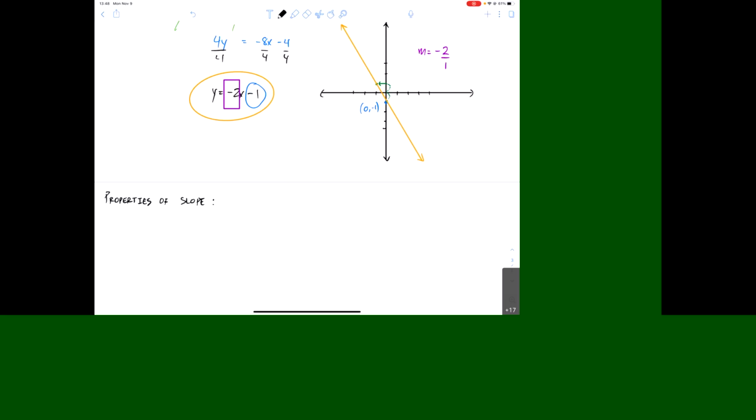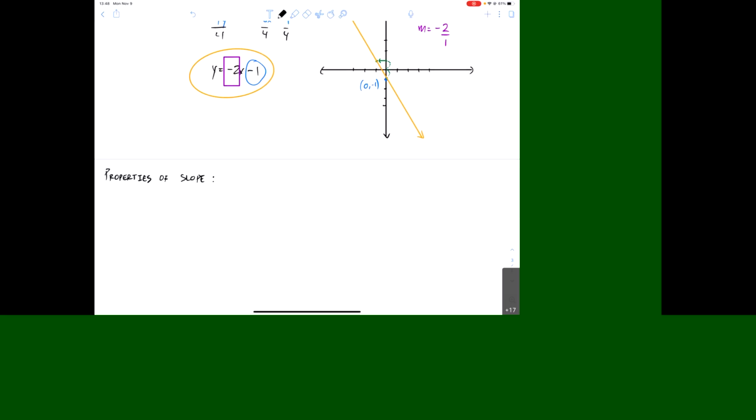If you haven't noticed already, if you have a positive slope, if m is positive, now instead of me writing it out like that, some people write it like this, if m is greater than 0, right? We can start getting more mathy, if you will, in terms of our language. But if m is positive, then